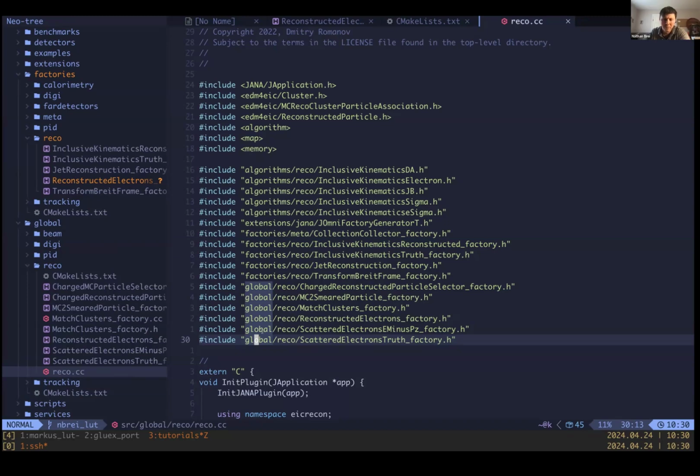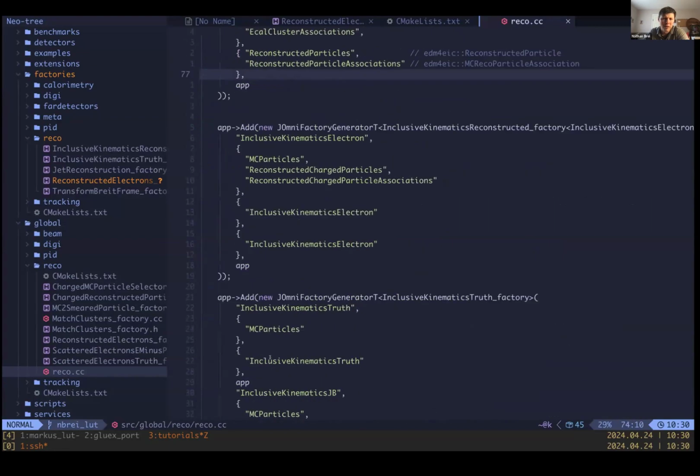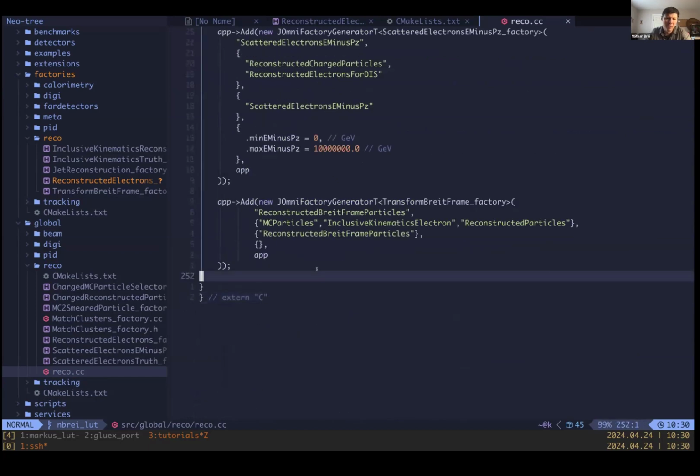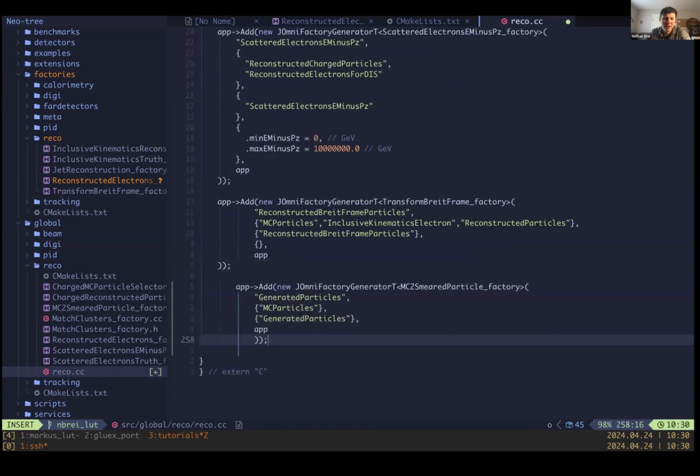Yes. So the detector specific plugins are under detectors, but the things that you should be applying to multiple detectors or just in general, all of that goes under global. And electron reconstruction is obviously reconstruction, it's in the name. So rico.cc is the place we put it. Right, so we can go just to the very bottom of all of this, and we can just paste in our